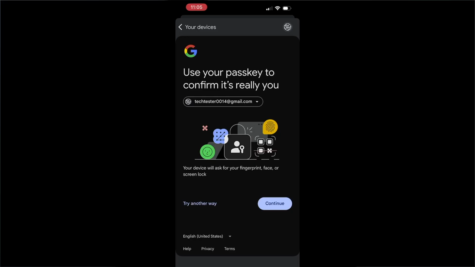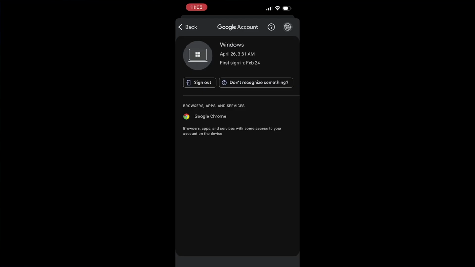Remember, removing an account from your phone doesn't delete your Gmail account. It simply disconnects it from the device. You can always sign back in later if you change your mind. This understanding gives you peace of mind and flexibility.